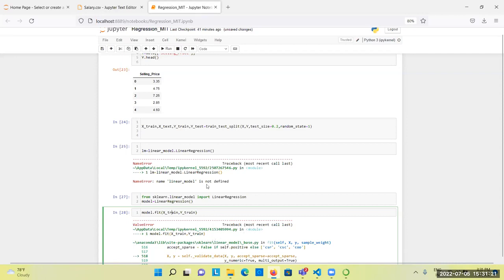Ma'am, I have a doubt. Okay, can you please ask? Here, test size equal to 0.2. That means